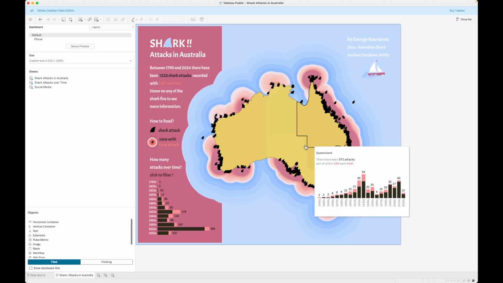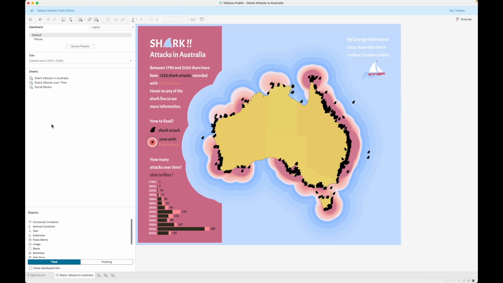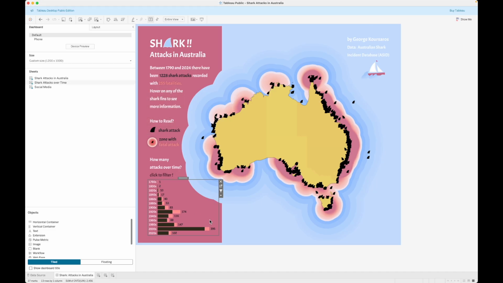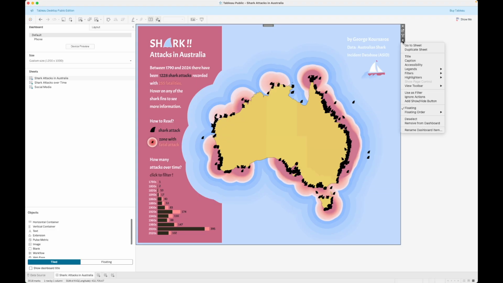Let's see how this dashboard is being developed. There are only two major charts which make this dashboard, which is the map chart itself and this bar chart. This bar chart is pretty straightforward to make, so let's move on to how we can get this kind of design within the map chart. As you can see, this is just a single sheet which is being placed as floating,